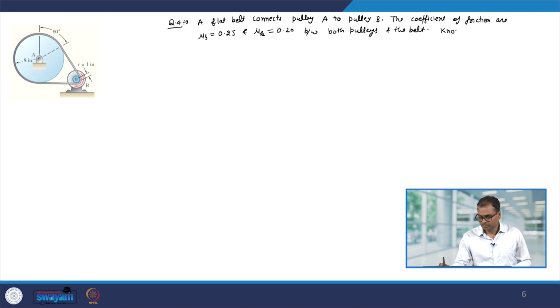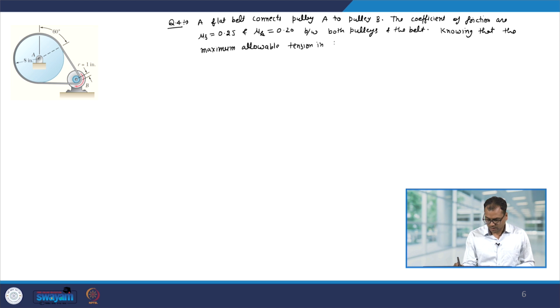Knowing that the maximum allowable tension in the belt is 3 kilonewton, determine the largest torque that the belt exerts on